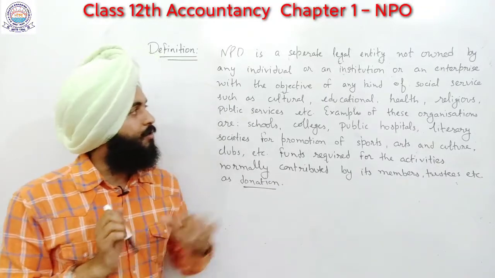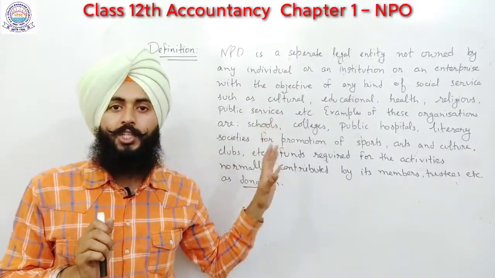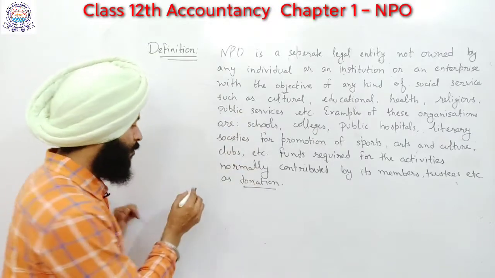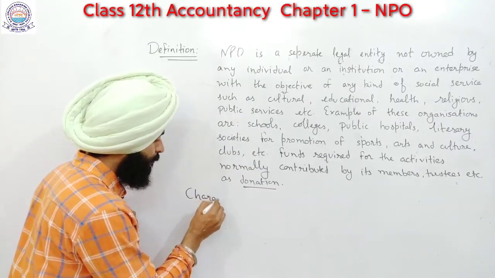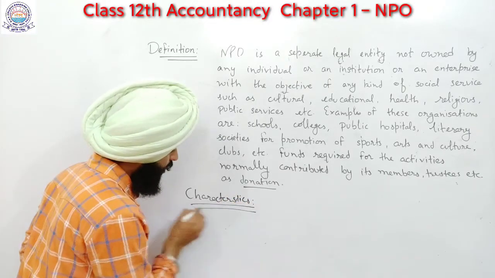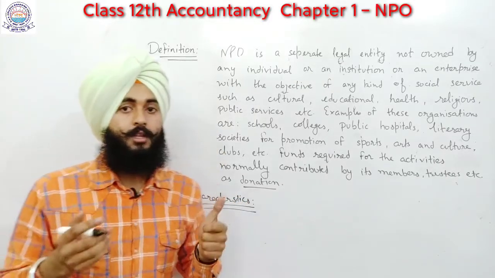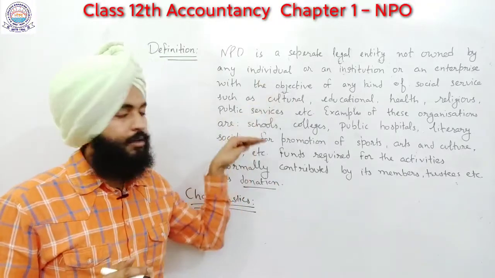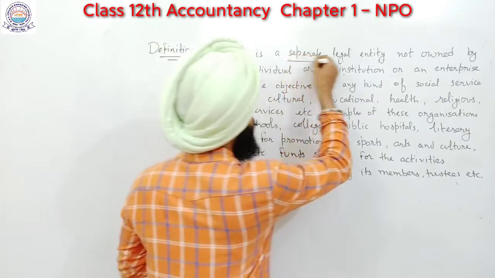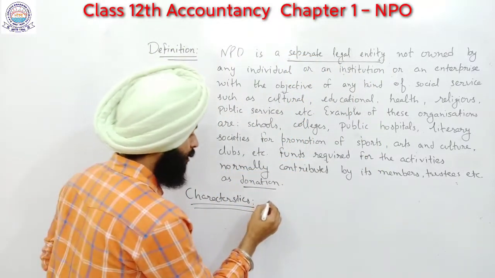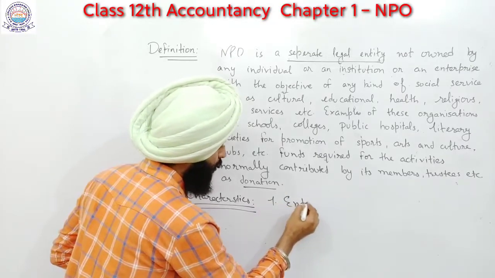And so we have read each and every point regarding NPO. From these points now we can draw characteristics also of the NPO. So let's start. What kind of characteristics we have seen in the definition? First was entity जो है इसकी वो separate legal entity है. First of all we will talk about entity.